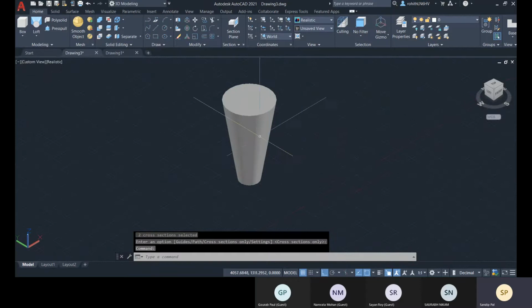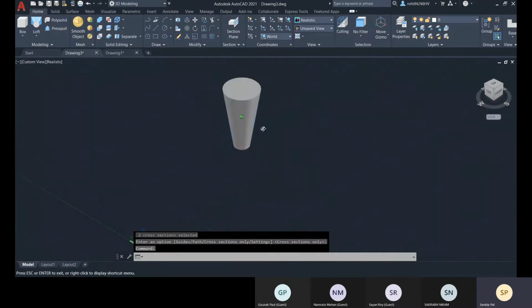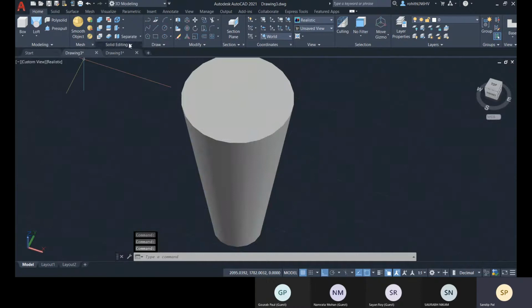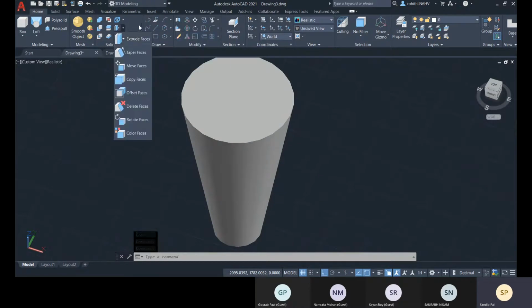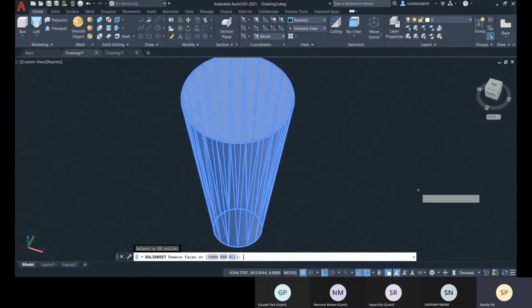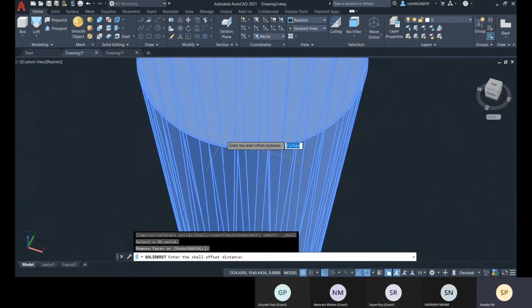Now you want to create hollow, right? So for that we have the shell option available here. You select it, press enter, and you have to give the offset from the edge. So how much will be the offset value?